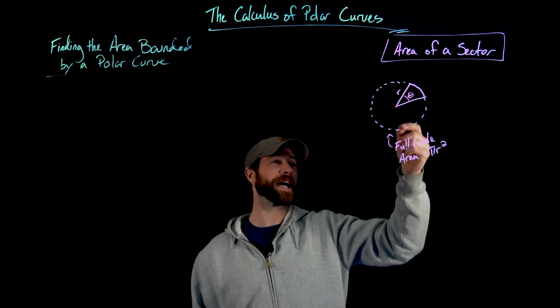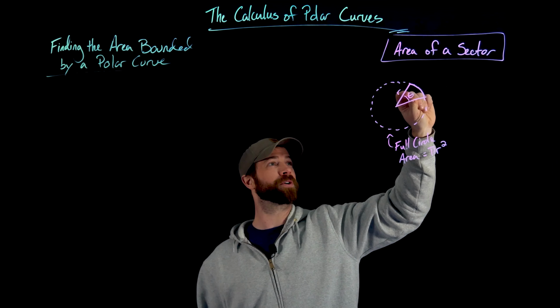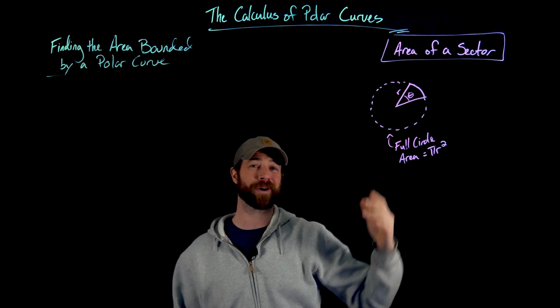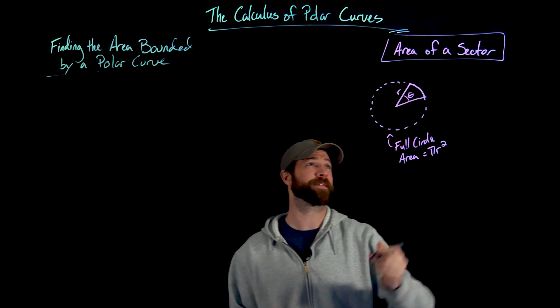How we'll describe this is, theta is the angle created by this wedge. Just the angle right here decides how wide this is. And then r is obviously our radius. What we do simply to find the area of a sector